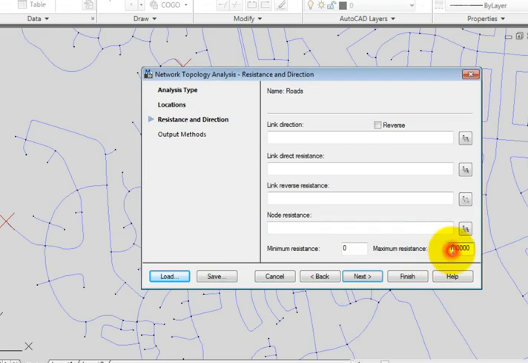For maximum resistance, I'm going to enter a value of 100,000 because for one reason or another the value that comes here by default may typically create an error for you when you run the best route analysis. So we'll give it a value that is far larger than anything that we'll need for the resistance. And 100,000 will be far larger than that. So we'll pick Next,